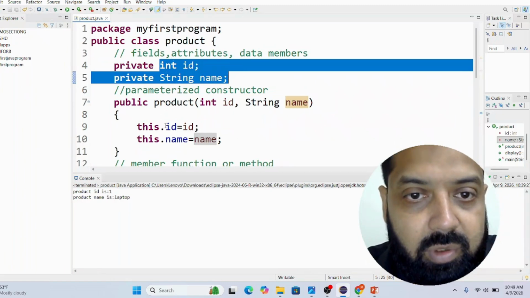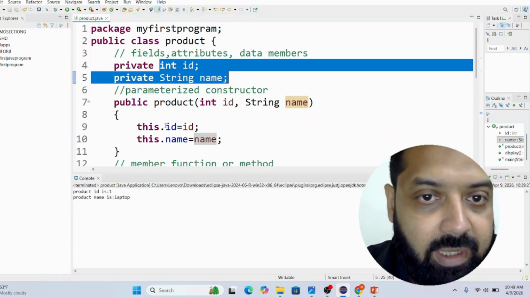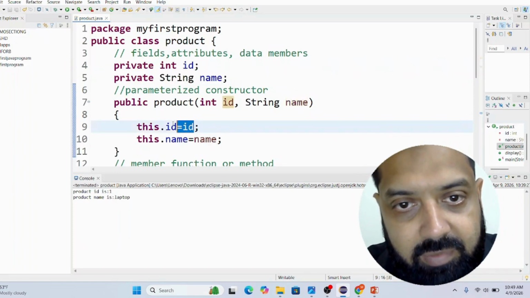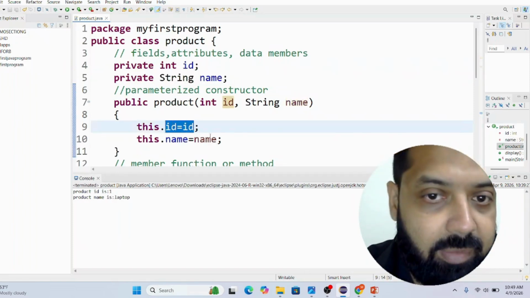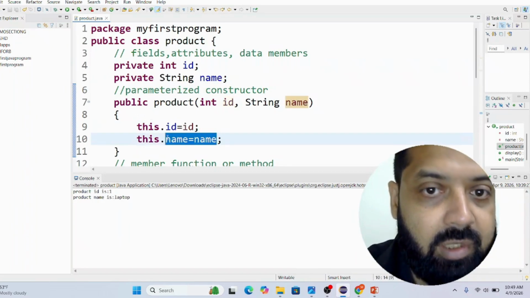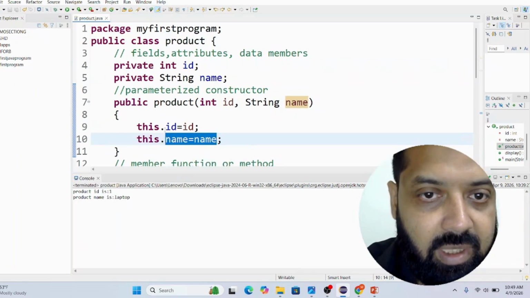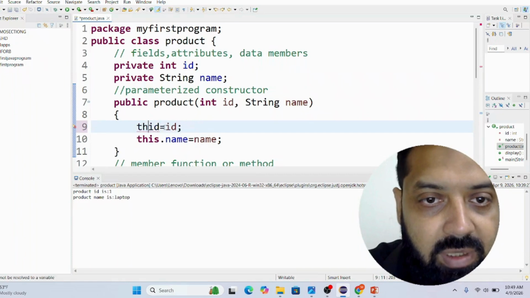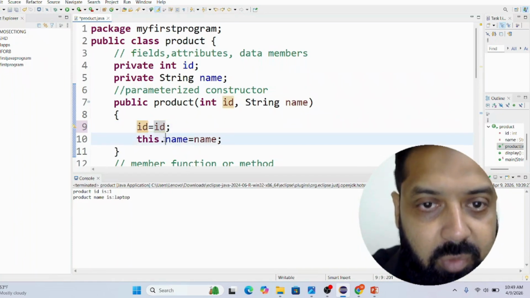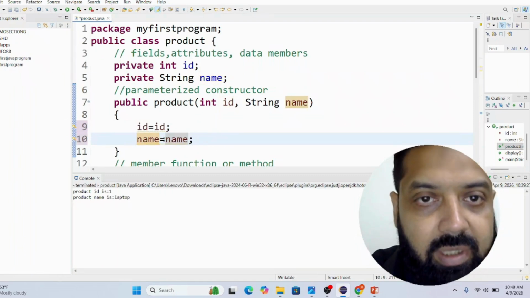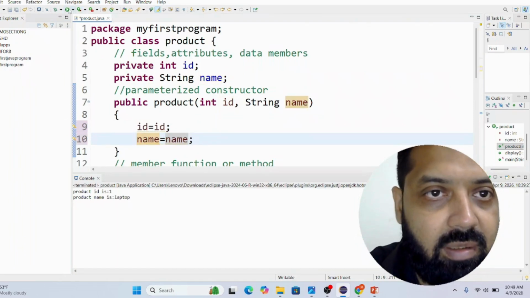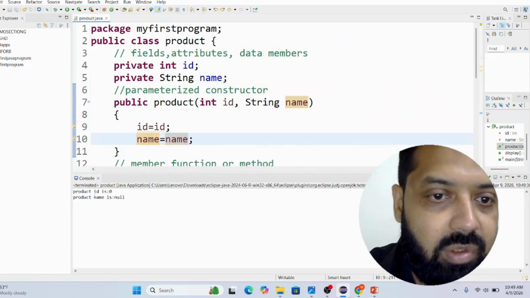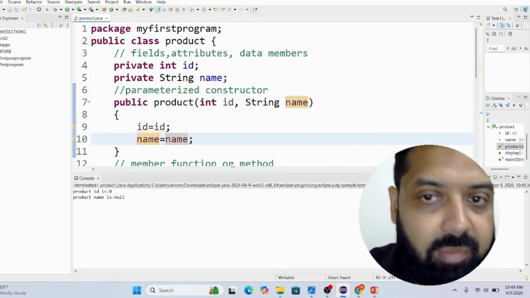If we don't use this keyword here, it will give us an error, because on the left hand side and right hand side we have the same variable names, id and id, name and name. So in order to create the difference we use this keyword. I can remove this keyword from the left side here, and if I execute this, it will give me an error, and it will print out some default values. Product id is 0 and product name is null. Why is it